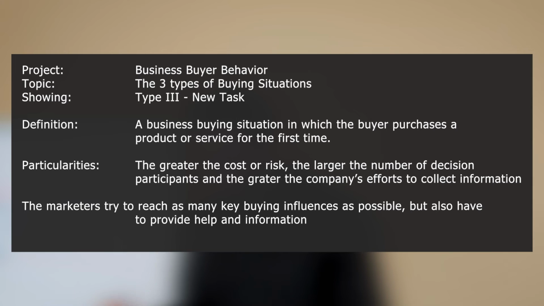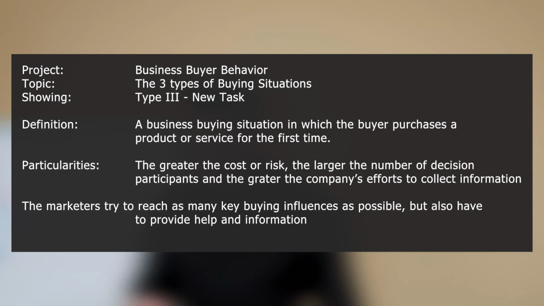The third type of buying situation is facing a new task situation. A business buying situation in which the buyer purchases a product or service for the first time. The greater the cost or risk, the larger the number of decision participants and the greater the company's efforts to collect information. The marketers try to reach as many key buying influences as possible, but also have to provide help